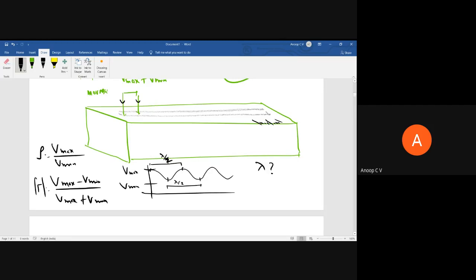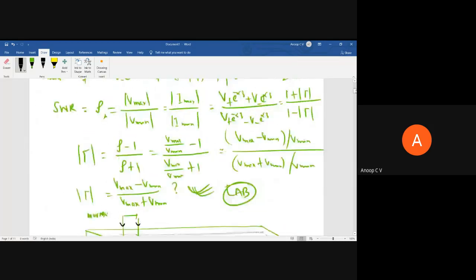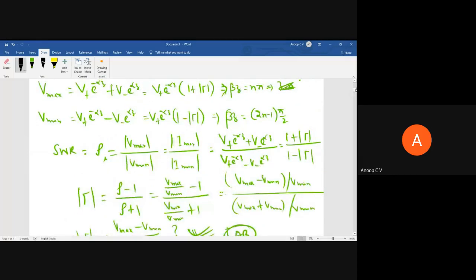After I discuss the reflex klystron, we will take up that particular experiment and I'll explain the setup and procedure. For the time being, please do remember this. You can't directly observe the RLGCs or the characteristic impedance, but the standing wave we have explained is something which you can observe, not only with your eyes, but with your eyes and some measuring instruments. These things are what I want you to remember.